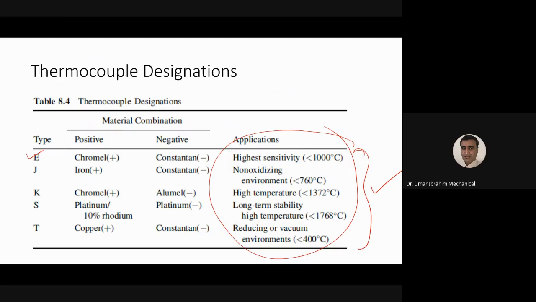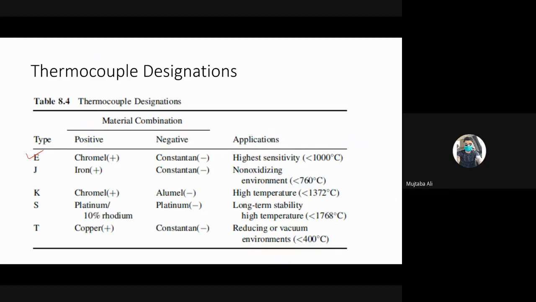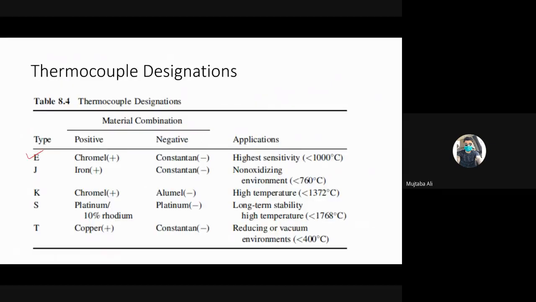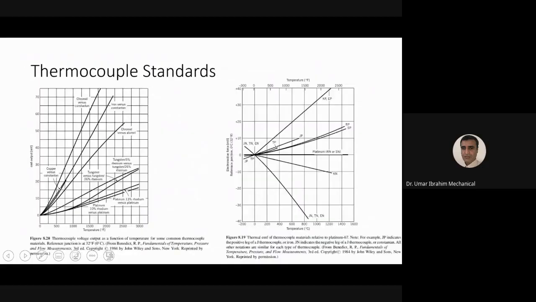Students, questions? सर जी, ये जो अभी आप बता रहे थे ये क्रोमेल और कॉन्स्टेंटन, इसका जो पॉजिटिव और नेगेटिव साइन लगे, पॉजिटिव का क्या मतलब है सर? यहाँ पे तो दो कॉम्बिनेशन है, क्रोमेल एलॉय से बना हुआ है, तो इसमें पॉजिटिव कहाँ से आएगा? और इसको नेगेटिव कैसे लगाए? ये पोटेंशियल कंट्रीब्यूशन है इसकी। क्रोमेल पॉजिटिव पोटेंशियल कंट्रीब्यूट कर रहा है, और कॉन्स्टेंटन नेगेटिव पोटेंशियल कंट्रीब्यूट कर रहा है।